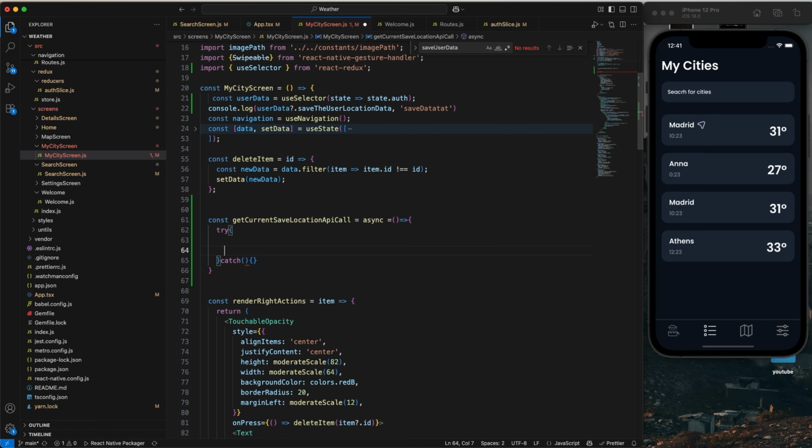And first we are going to create one const,